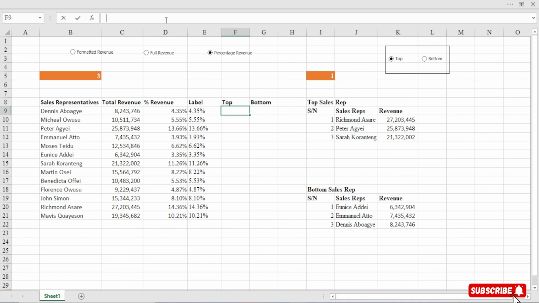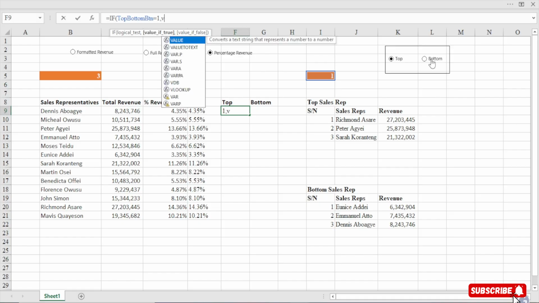Perfect. So watch here. I'll start writing my function again. So if this, so this means top bottom BTN, right? So if it is equal to 1, then we are going to use VLOOKUP.